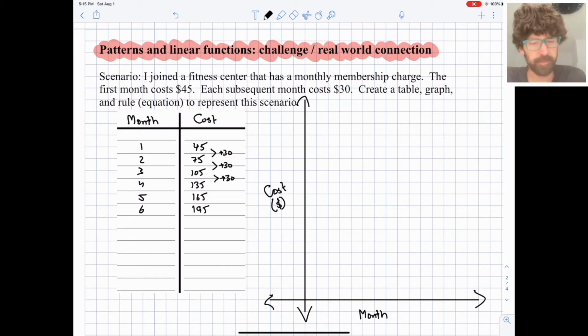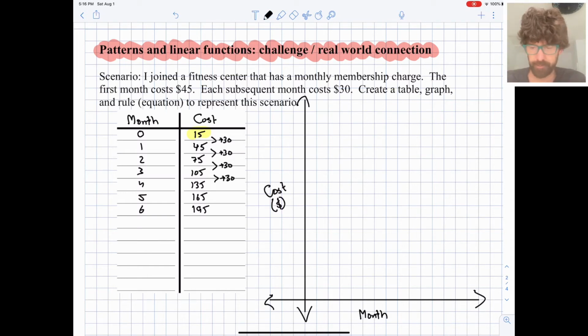You could also do something interesting here and backtrack to 0 months. And let's maintain this pattern of plus 30 each time, and that would be $15. No one would ever pay $15 to join a fitness center for 0 months, right? But what that $15 is, maybe you can think about what it is before I tell you. What that $15 is, it's that extra surcharge. It's the extra amount that we need to pay, sort of our joining fee, our application fee perhaps. Okay, so that gives us a little bit of a clue about what our equation might look like,